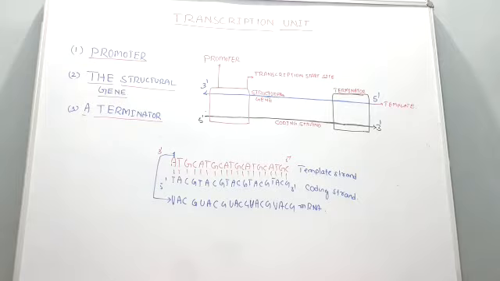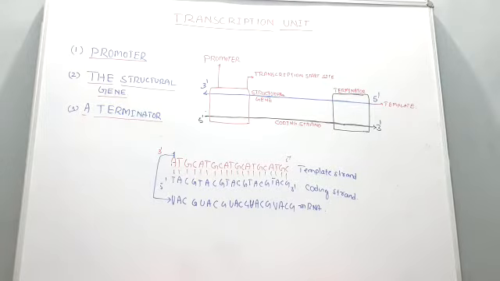It is a segment of DNA which is involved in the transcription, that is known as transcription unit, and it has 3 important parts. Number 1, promoter, structural gene and terminator. So first let us understand what is the meaning of promoter, then where it is located, what is its function. You can follow the diagram for the location of the promoter.